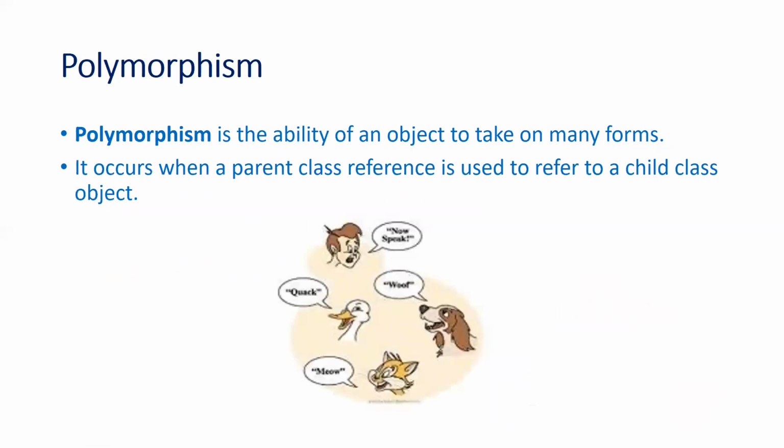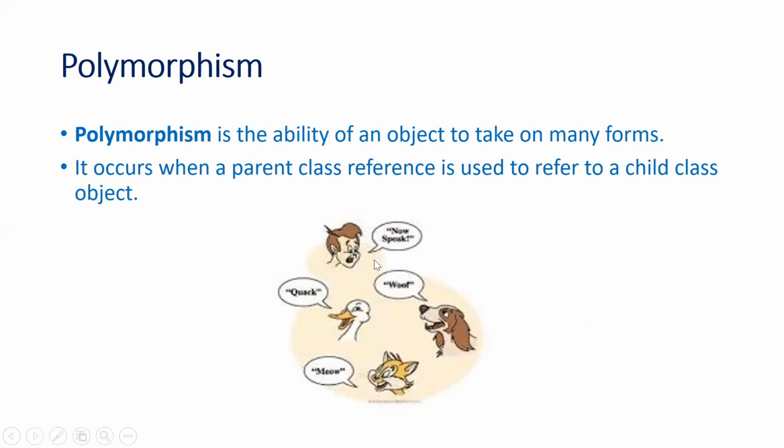Now come to polymorphism. Polymorphism is the ability of an object to take on many forms. If one object can take many forms, then it is a property called polymorphism. It occurs when a parent class reference is used to refer to a child class. If we consider this example,